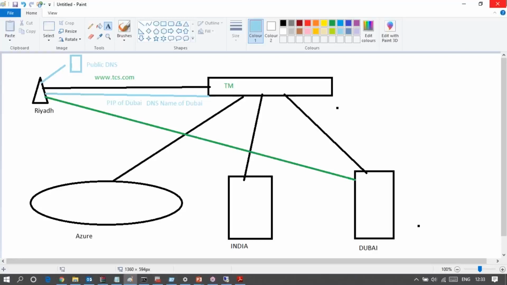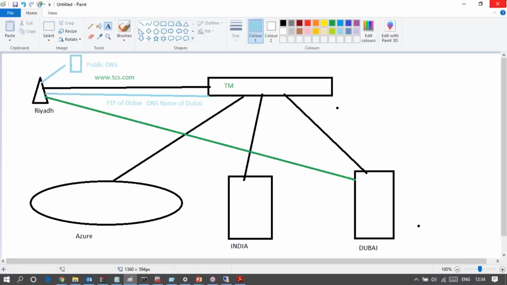Once the client is communicating with the location, from now onwards the client is not going to the Traffic Manager. There is a token limitation, a token lifetime. After the time expires, the token will be invalid. So after 2 or 3 days, when the user sends the same request, it will again go to the Traffic Manager.